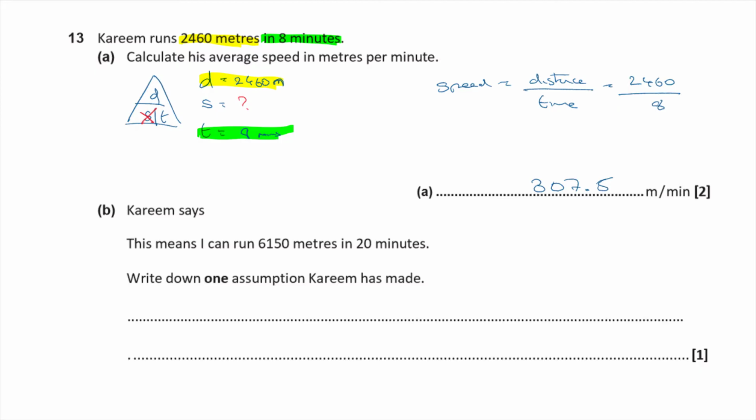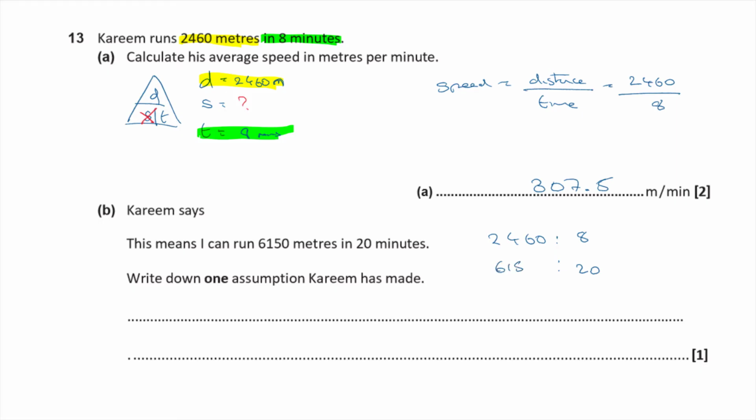Karim says this means I can run 6,150 meters in 20 minutes. Write down one assumption that Karim has made. Okay. So how has he come up with this then? So if he can do 2,460 in 8 minutes, and he's saying, well, then in 20 minutes I can do